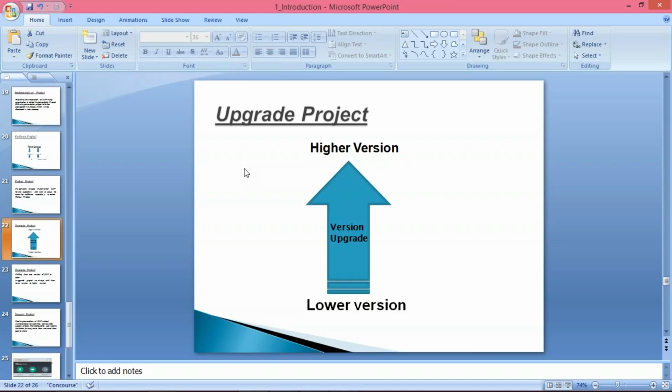So how do you avail the benefit of those new functionalities? Once you update, whatever recent changes they have done, you can use them, and you are able to avail the benefit of whatever new functionality has been added.